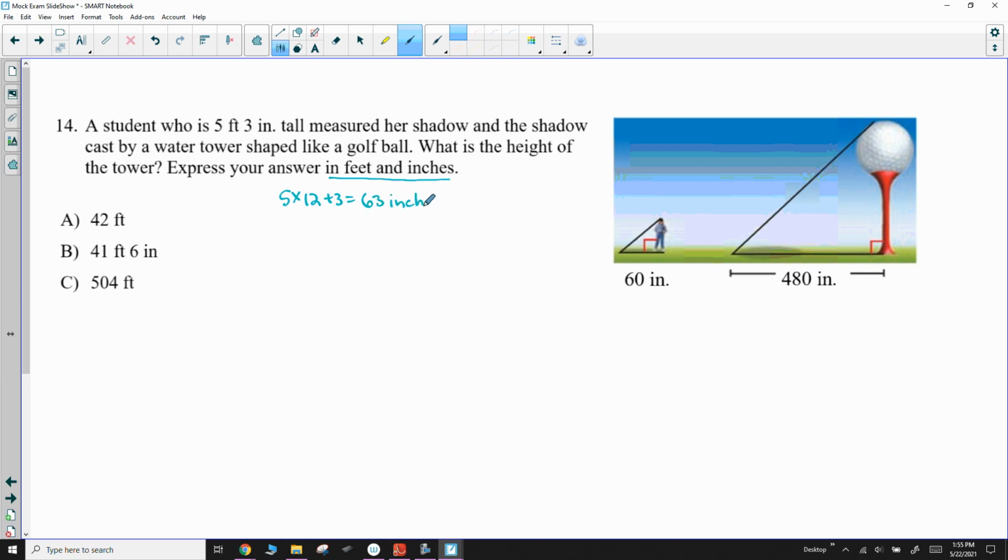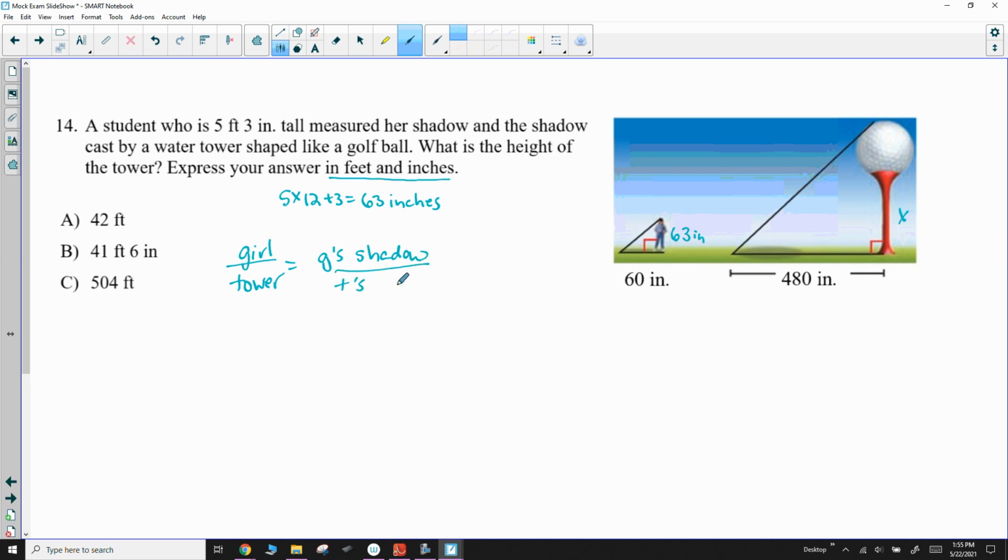63 inches tall. Sorry, those weird noises I'm making, I'm trying not to cough because I have allergies. Okay, so she is 63 inches, and we're trying to figure out the height of the water tower. When we set up these proportions, we have to do the corresponding sides. So the girl corresponds to the tower. So the girl over the tower is going to be equal to the girl's shadow